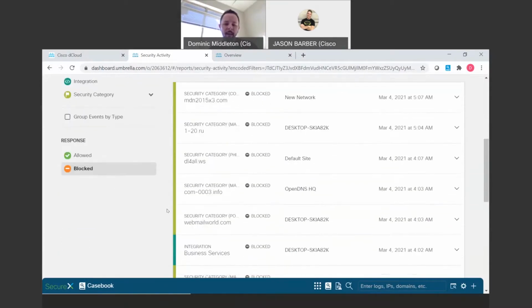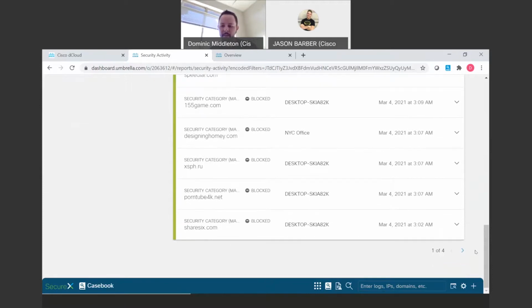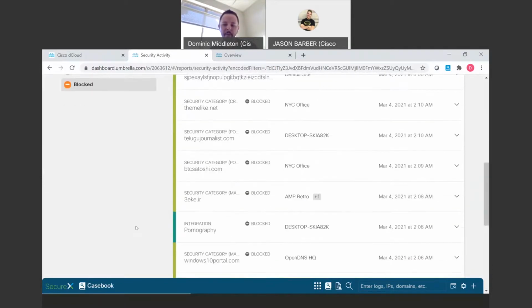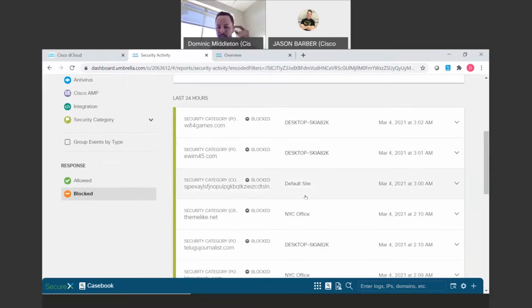I can scroll down, and with Active Directory integration, I can see the actual individual and what they're doing, what they're trying to access. Might not find anybody here because it's a live, always on demo, but sometimes we'd see, for example, Bob Smith in accounting, right? We can see what Bob Smith is up to and where he's going. So a couple things to note here, going back to the visibility conversation, let's try this one right here,